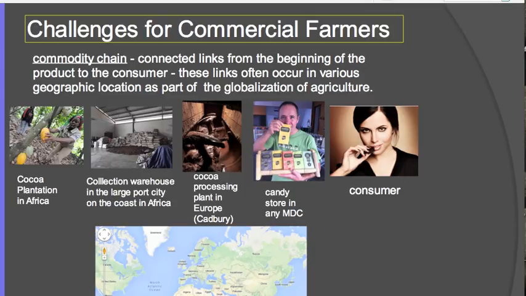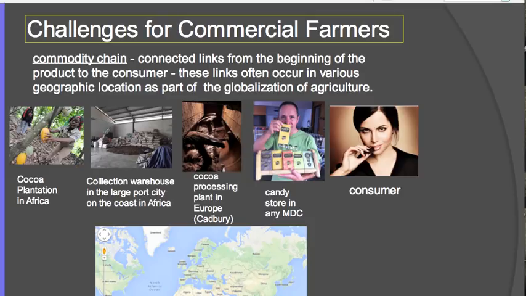So if we look at chocolate, a chocolate candy bar, it would start in a cocoa plantation in Africa. So here's part of Africa. So someplace like Sierra Leone or Ivory Coast, somewhere on the west coast of Africa, right here. I can get my pen. And so it starts here where we have a cocoa plantation, and these are the cocoa pods right here. And then those cocoa beans would be harvested from the cocoa pods, and then here you see they are a collection here,